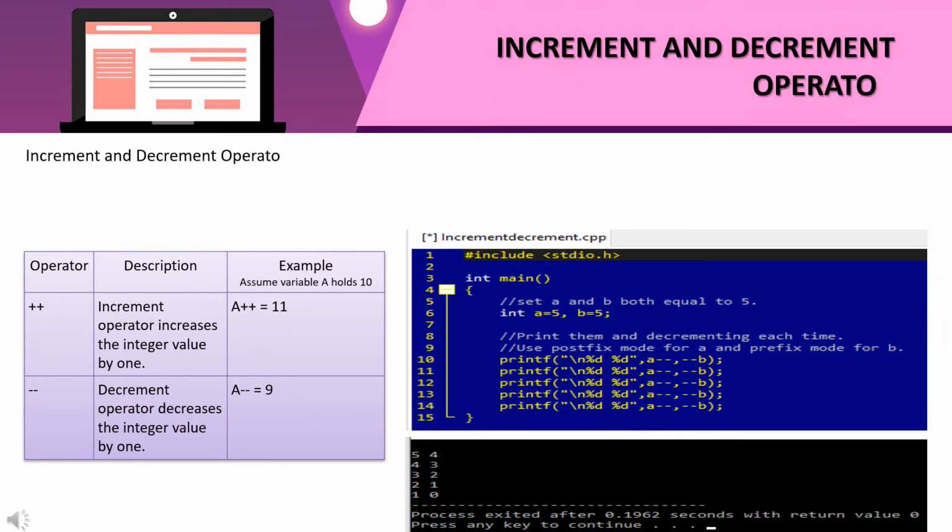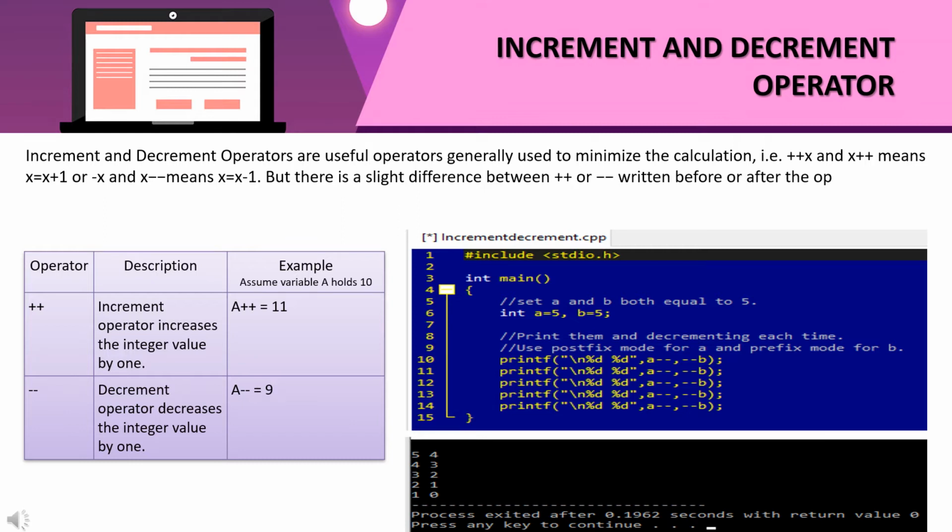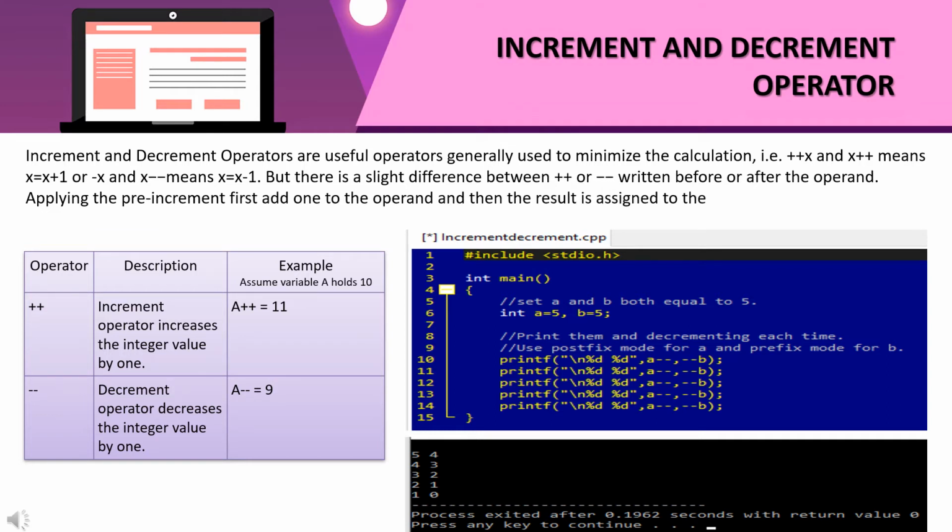The next operators are the increment and decrement operators. Increment and decrement operators are useful operators generally used to minimize the calculation. That is, plus plus x and x plus plus mean x equal to x plus 1, and minus minus x and x minus minus mean x equal to x minus 1.